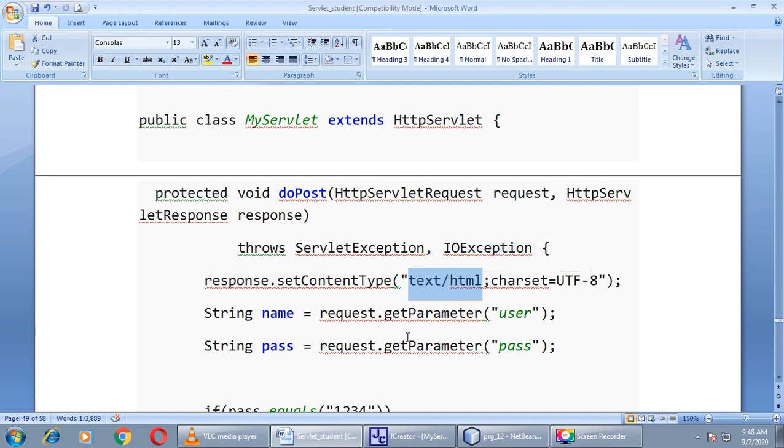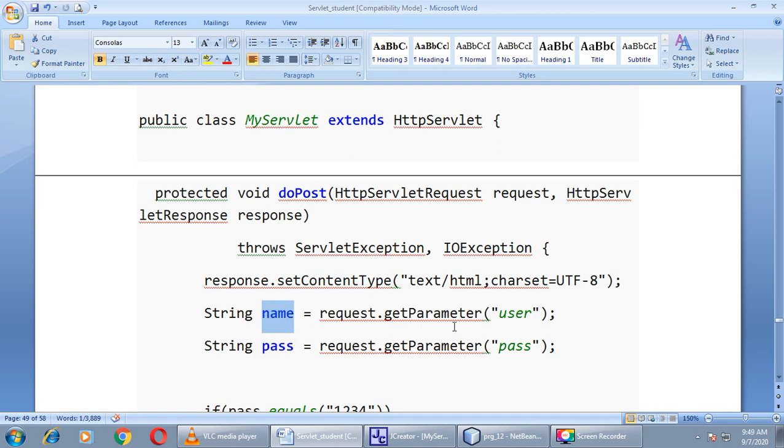Now I want to get the value of user and password field, whose value is entered through our index.html, right? For that we will use get parameter method, as we have already studied in our Java subject. So here I will write string name, create one object of type string. We'll store the value of user field in this object.